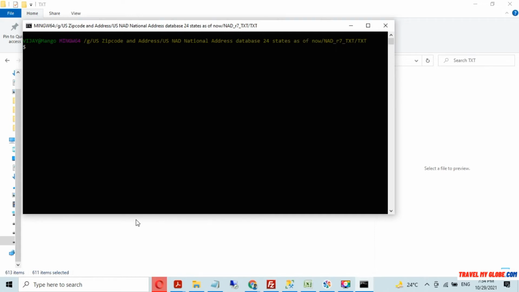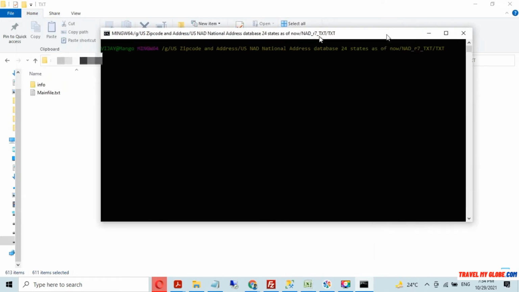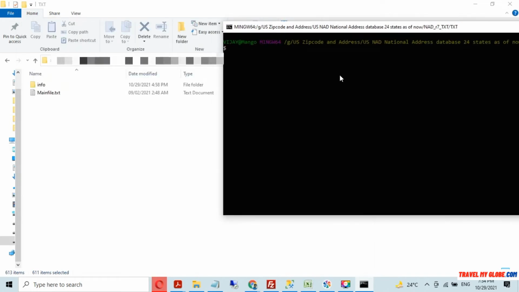Now in this utility, you have to write split and your file name, which for me is main file dot txt, and then give hyphen l, which is for the number of lines you want in each file.